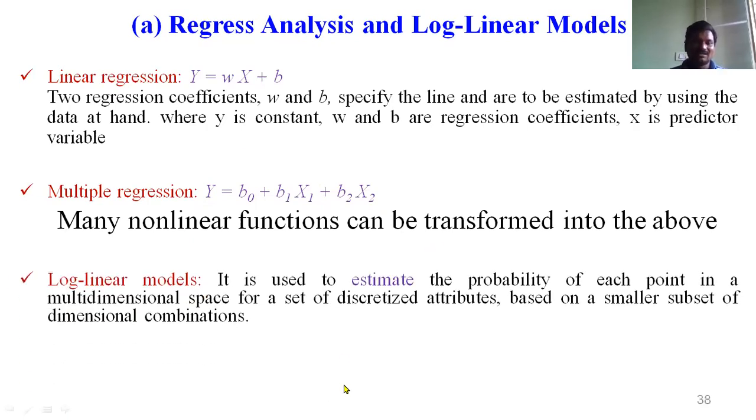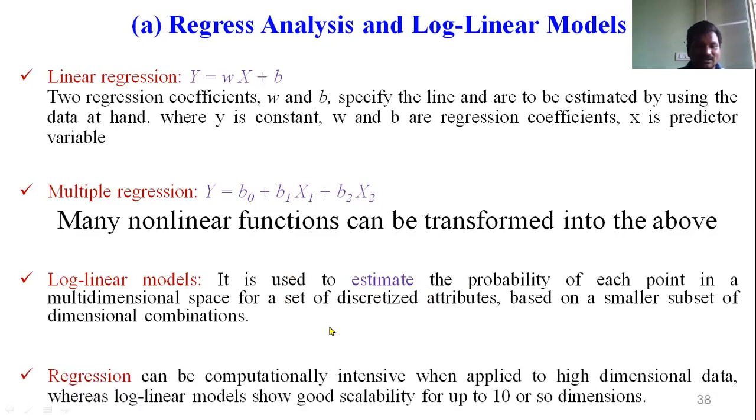And then the log linear model. What is a log linear model here? It is used to estimate the probability of each point in a multi-dimensional space. It is used to identify the probability value of data for a set of discretized attributes, based on a smaller set of dimensional combinations.